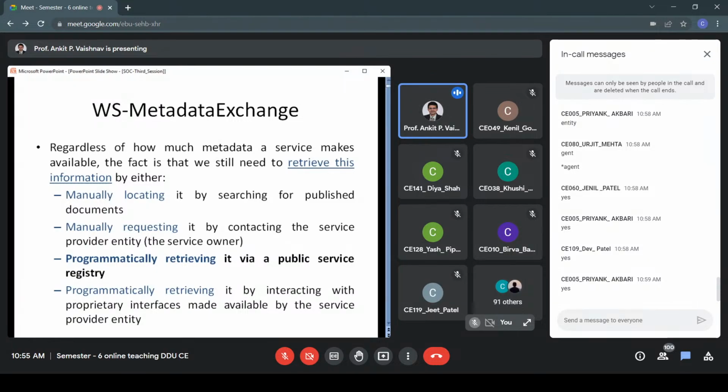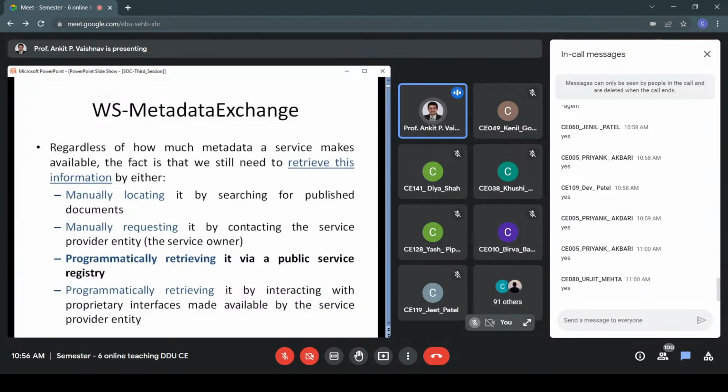Fine. So if it is already public, right? And I hope you remember, if you want to access descriptions from UDDI, do we have to first register our organization to the UDDI or not? Yes, right? We have to first get ourselves registered with the UDDI.